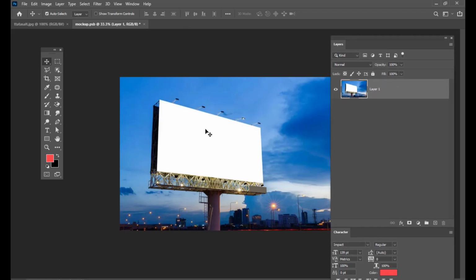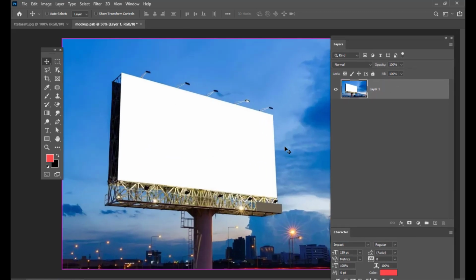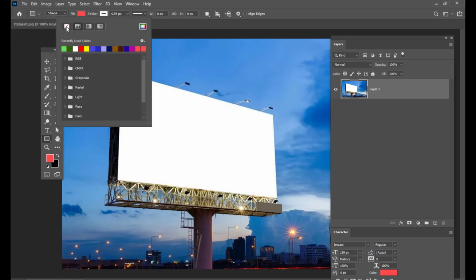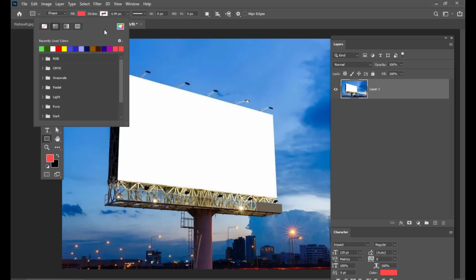The first thing I'm going to do is create a rectangle and adjust that rectangle over this billboard. I'm going to take the rectangle tool, turn off the stroke, and select the fill.